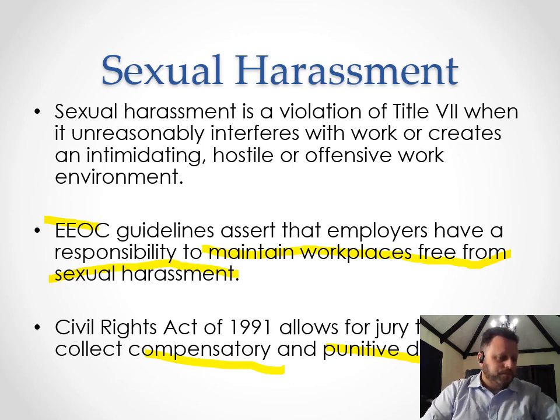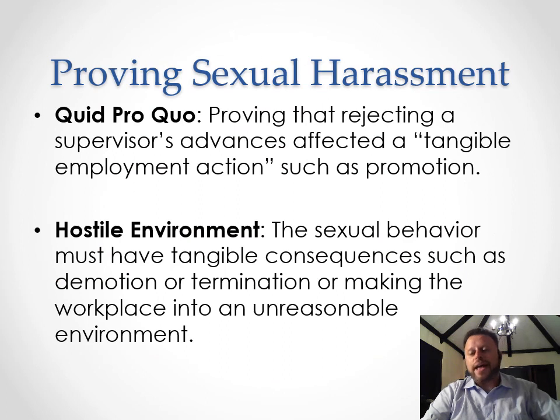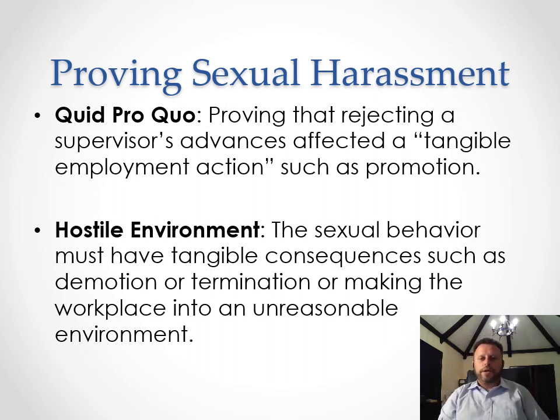And this can cost us pretty much everything. So generally, there are two heads, we would call it, two ways to sue for sexual harassment. One is called quid pro quo and one is called hostile environment. It doesn't have to be a woman; it could be a man who's being harassed by other men or by women. But I'll just take the case of a woman being harassed by a man, as that's far more common. So quid pro quo means you do this for me, I'll do this for you. You go on a date with me, I'll give you the job. You go home with me, I'll give you the promotion. That's called quid pro quo.